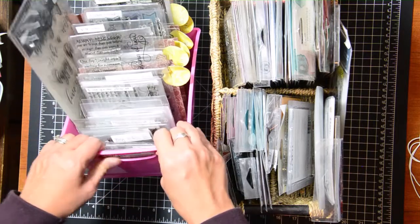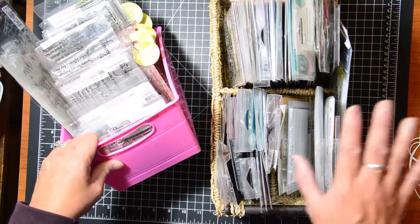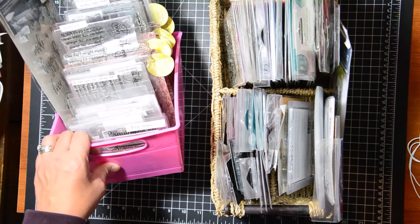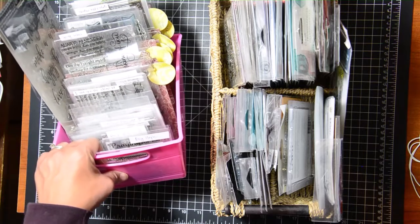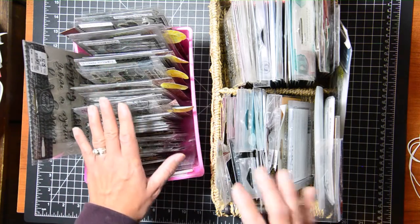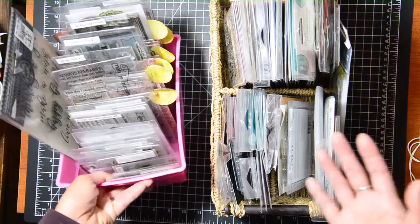Now I put some stamps over here in this pink bucket, and this one I got at the Target dollar spot a long time ago. And I specifically put all of my, I used to be part of the design team for Inspired by Stamping, and I was on their team for, I believe, 2 years, 3 years. And so I collected a lot of the stamps, and a lot of these are not in packaging, just because the owners send us the stamps before it gets packaged, and so I just divided them,